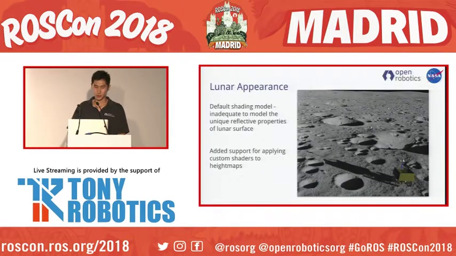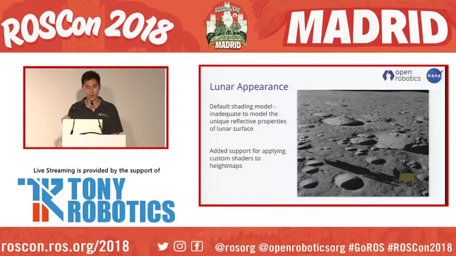The next thing that we did was focus on creating the lunar appearance. The default shading model in Gazebo just wasn't sufficient for the purpose of this project. So they wanted to use what's known as the Hapke model. It's designed to capture the unique reflective properties of the lunar surface. It's covered by regolith, which is powdery dust and loose rocks that you find on the surface of the moon. To do that, we worked with them to integrate their own custom